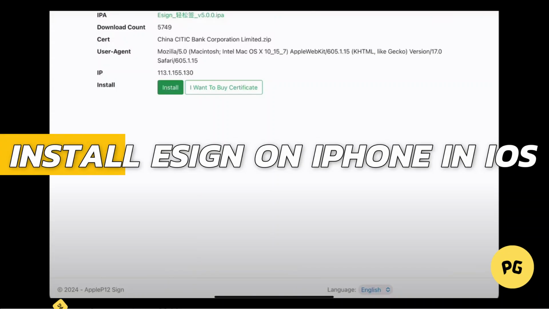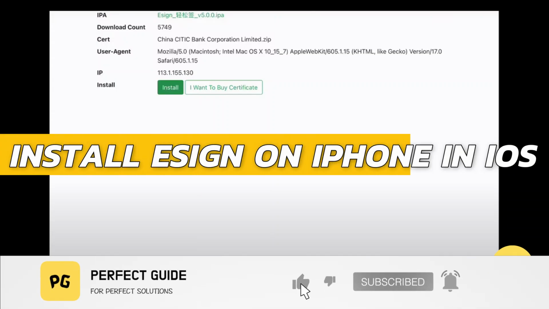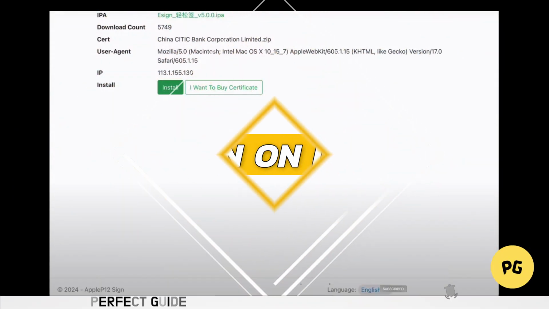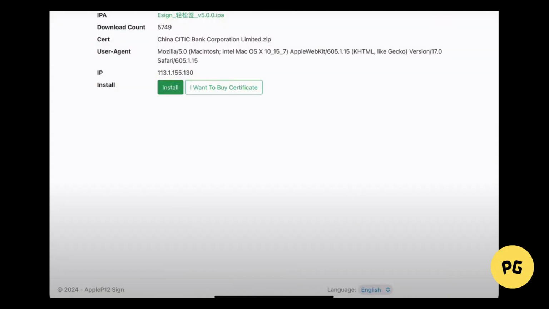How to install eSign on iPhone in iOS. Alright, so let's begin with the video. I will show you how to sign and sideload any IPA file using Enterprise Certificate to your iPhone or iPad